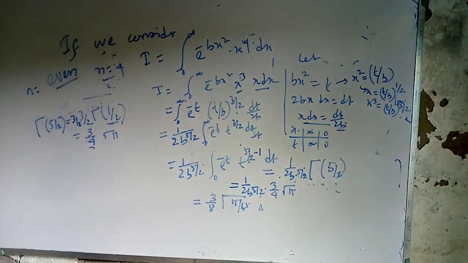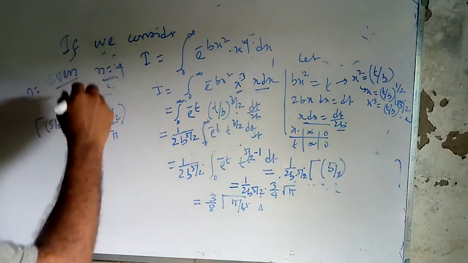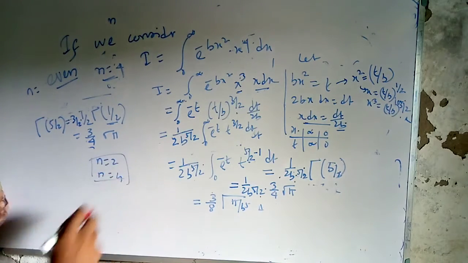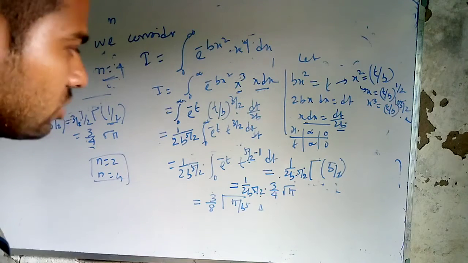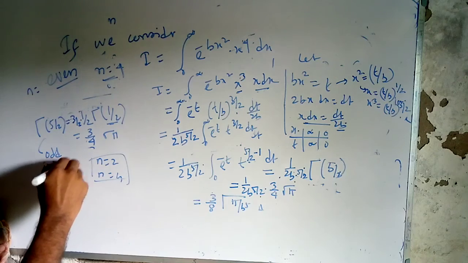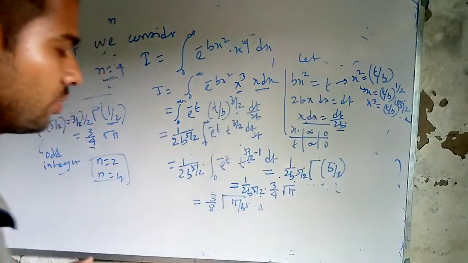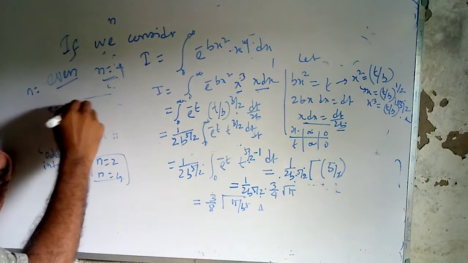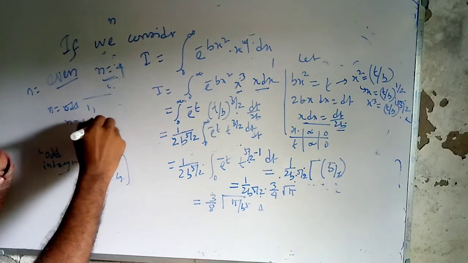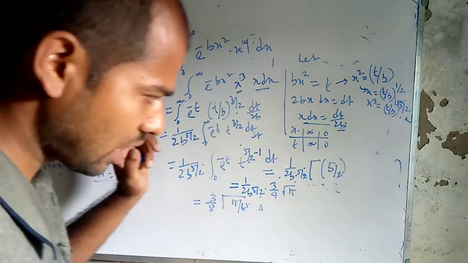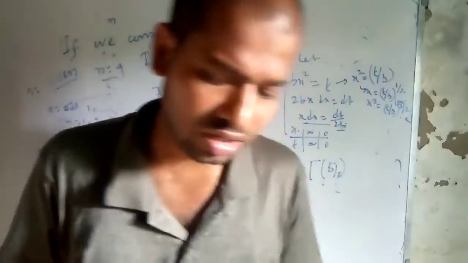This is exactly the gamma function for the even case, n is equal to 4. For n equal to 2 or n equal to 4, it follows the same pattern, which is the gamma function of odd half-integers: 5 by 2, before that 3 by 2. And for the odd case, n equal to 1, 2, 3, 5, there is another pattern. Applying this formula in various cases,